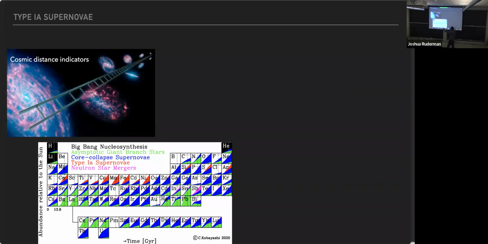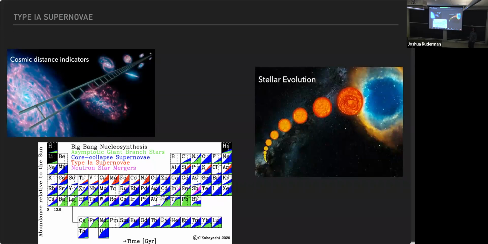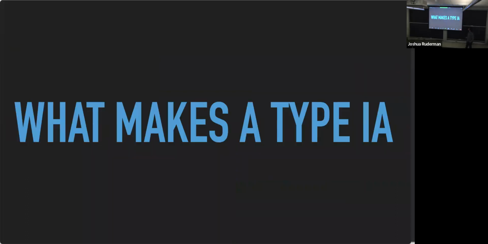the iron, and this is a wonderful plot by Chiaki Kobayashi. We can see the red parts here are the iron, and so they do have an influence on planet formation, but also life, specifically for us, from an oxygen point of view. And I think they're also interesting endpoints of stellar evolution. They really are an interesting way to make stars explode, and I think that's another reason why you should care about them.